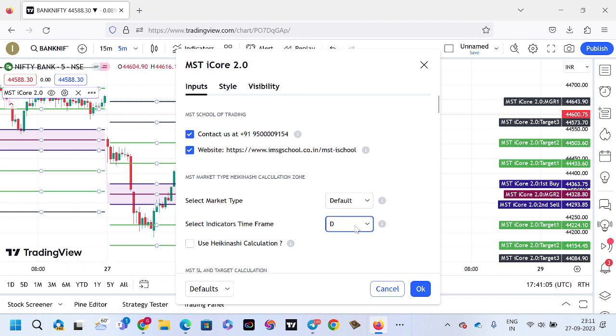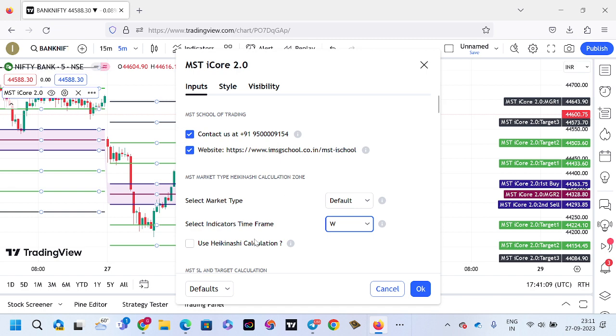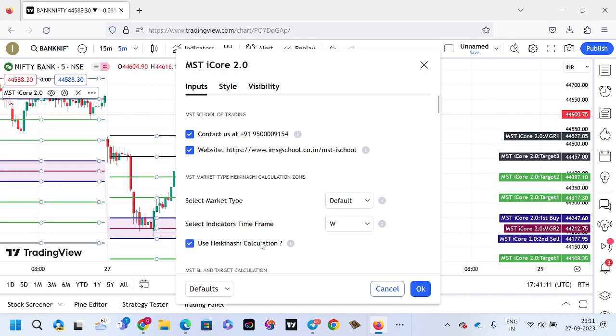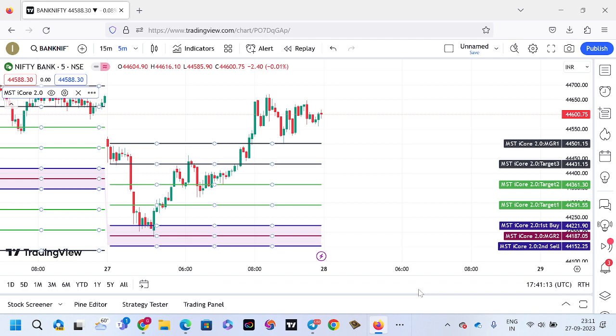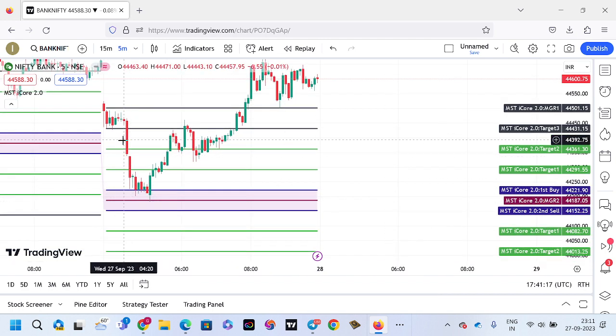Come here to the time frame and give weekly W time frame. And if you want, you can keep this Heikin Ashi also. See the perfect entry. So the first entry was the default entry, there are no changes. If SL hit, we are going for the reversal entry, and after that we have to find from where the market will reverse. So that is why I have given the